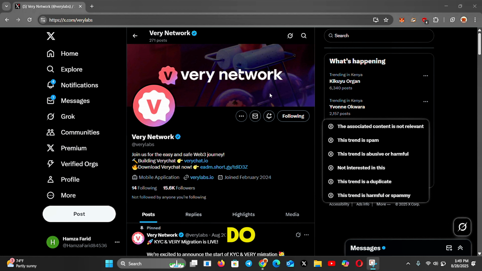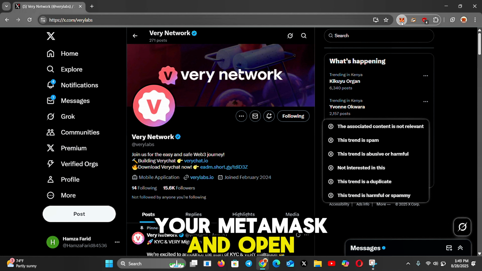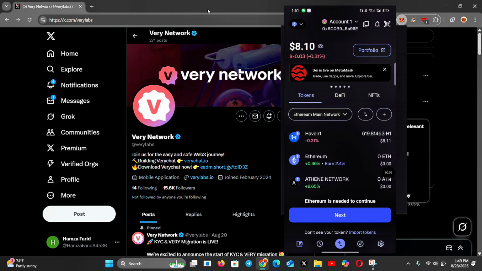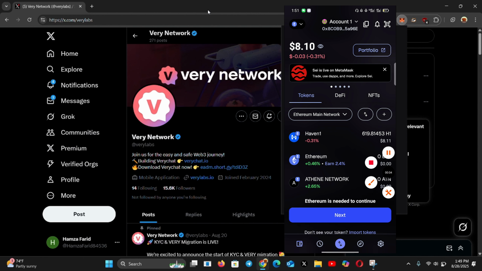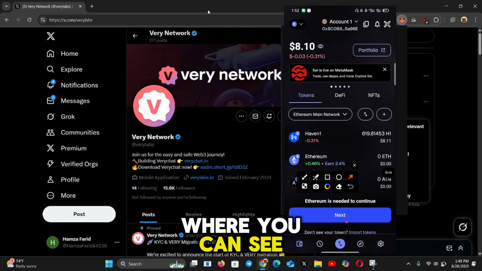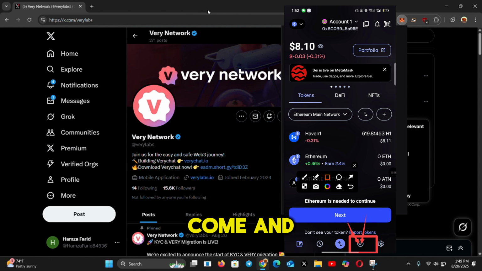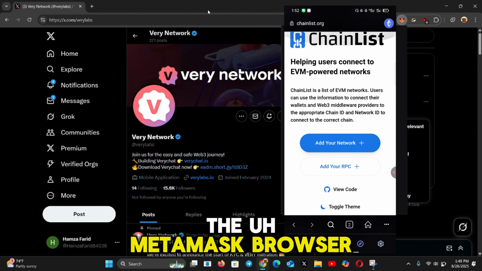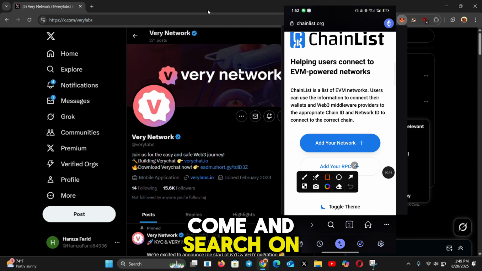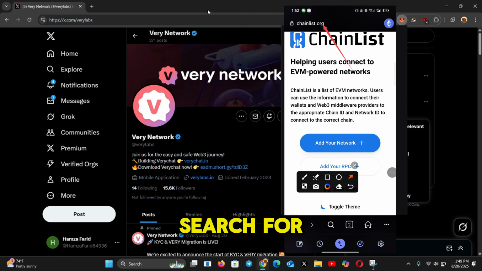So what you do, just head to your MetaMask and open your wallet like that. Then after opening your MetaMask wallet, come below here where you can see a browse option. Select the browse option. After selecting the MetaMask browse option, come and search in the search tab for chainlist.org